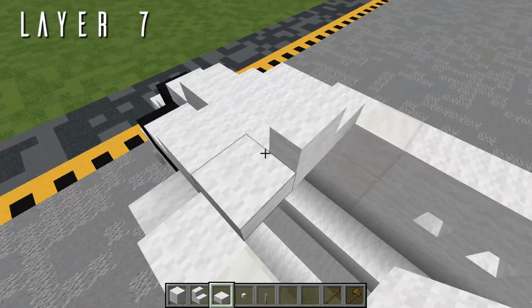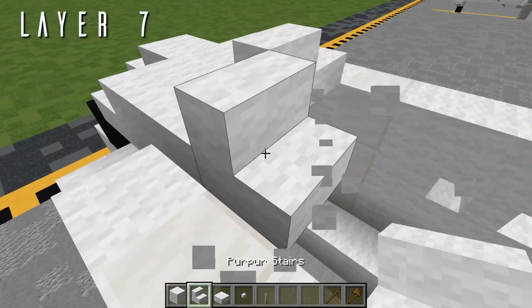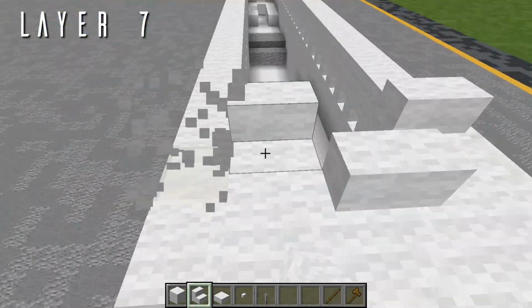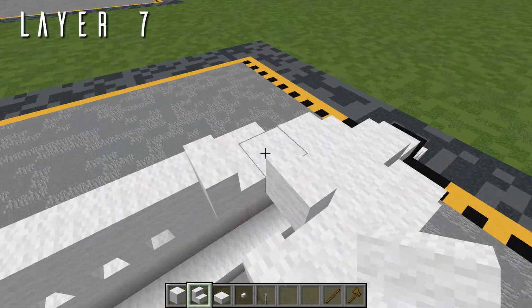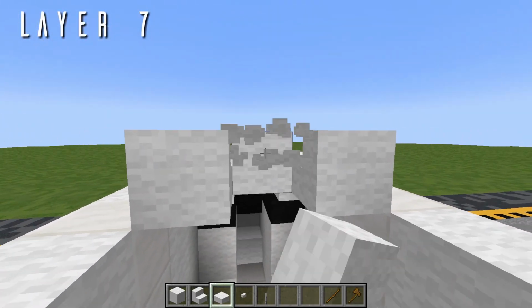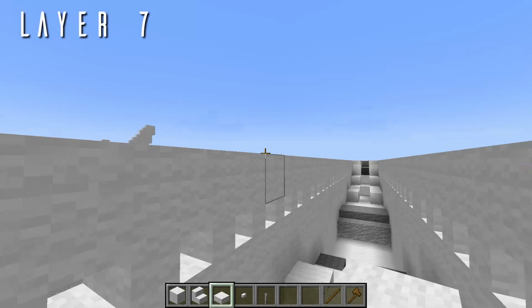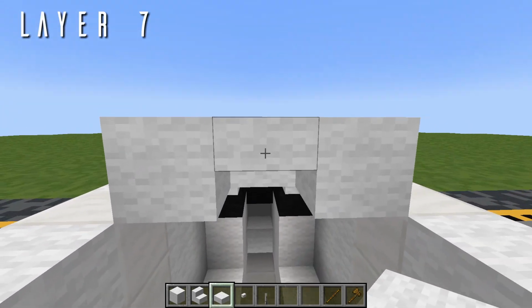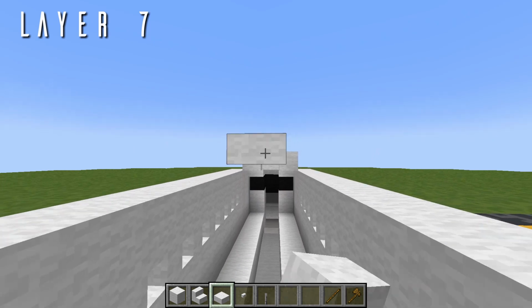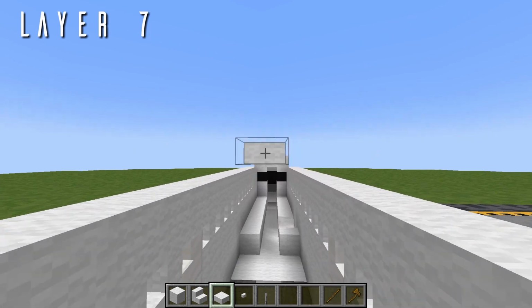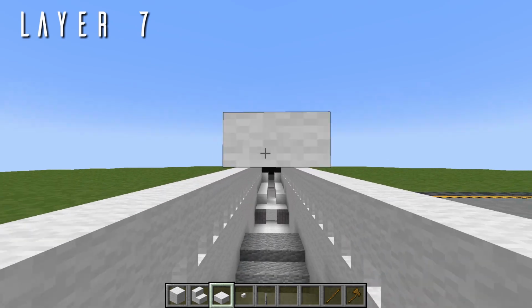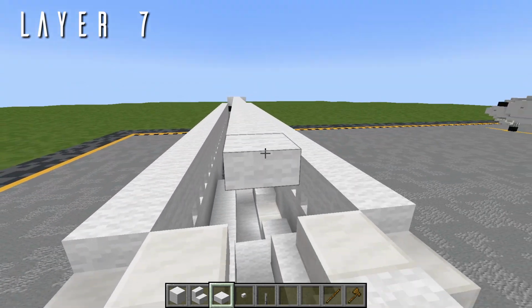And then behind both of these outer half slabs we have another wool stair facing forwards, like so, on both sides. In the center block going back from this, we have 33 wool top slabs. We'll be using top slabs here to make space for the interior when we get to that later. But that's 1 there. That's going to be 2, 3, 4, 5, 6, 7, 8, 9, 10, 11, 12, 13, 14, 15, 16, 17, 18, 19, 20, 21, 22, 23, 24, 25, 26, 27, 28, 29, 30, 31, 32, and